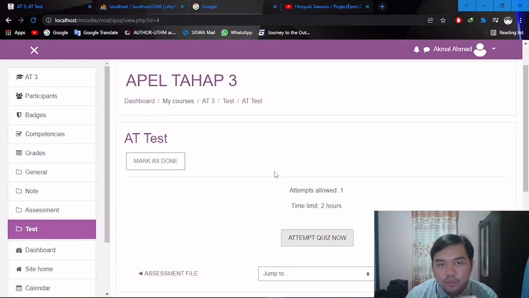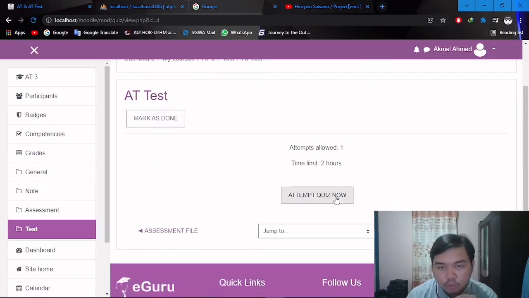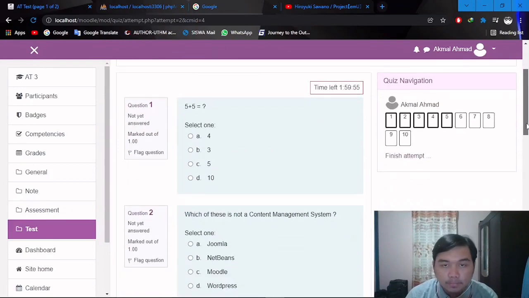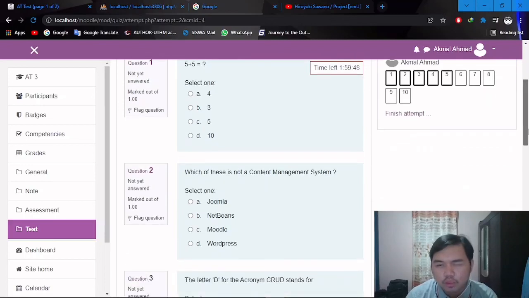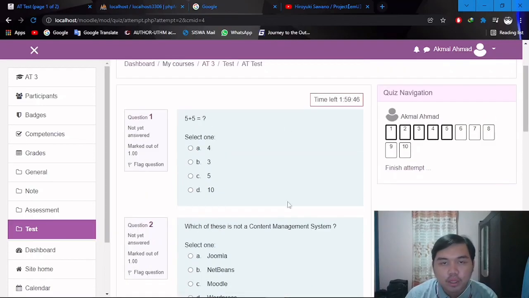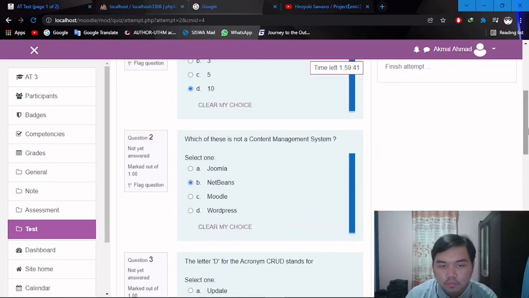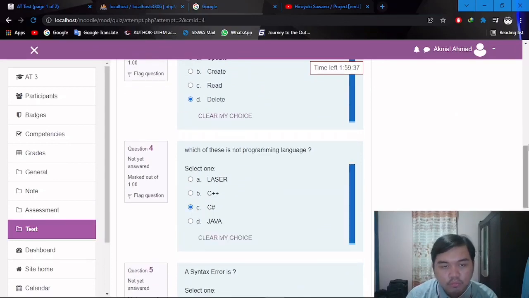So this is one of the quizzes or tests that the student can take for this course. As you can see, it's Test 1 and the time limit I set is 2 hours. If we were to attempt the quiz, we can go through it and we can see we have a 2 hour time limit, and there are 10 questions for the first 3 courses. For the final course there will be an extra 5, the certificate one. So let's just try to answer this simple, let's say, Mistake One.